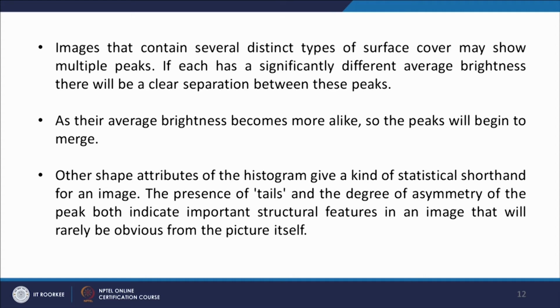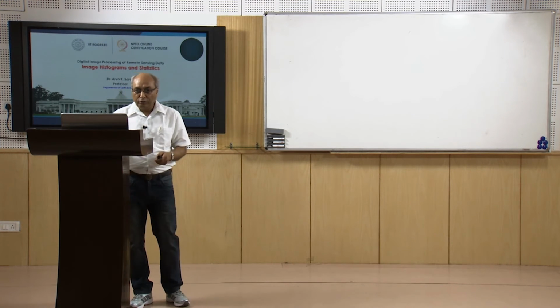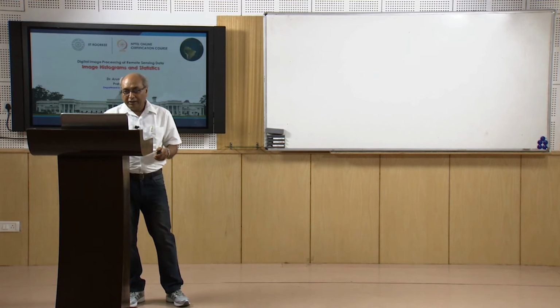Then you will have multiple peaks within the histogram of that image, and each of these peaks will have a significance, with different average brightness and a clear separation between the peaks. So if the pixel values are occupying the entire range, that means the entire x-axis, there are good features,